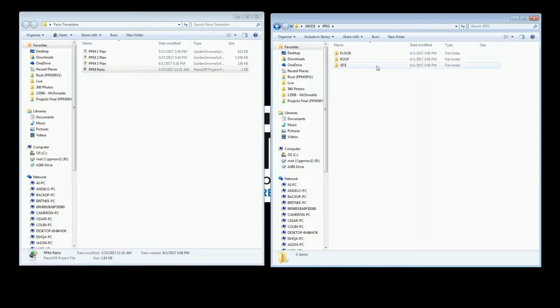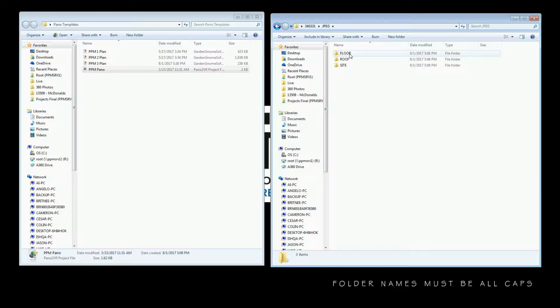So the first thing we need in order to start this is the actual photos from the surveyor. So here I have a project file where the surveyor sent us their DWG and their JPEGs, and we've organized, this is the first thing to do, is to organize the photos that come from the surveyor into the plans that they go into. And these names are important because these names will be used